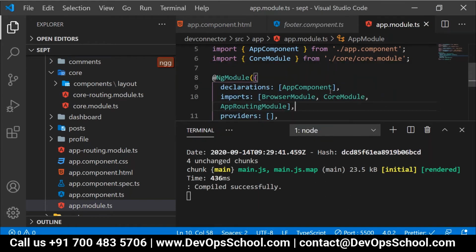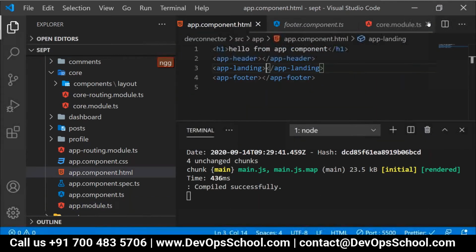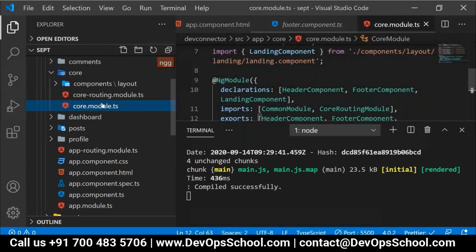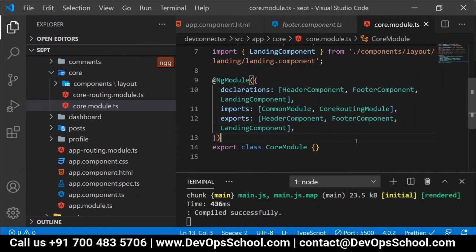You're right, we imported the core module, right? That's it. Now go to the core.module.ts, everyone. Go to the core.module.ts and can you introduce this exports part at your end?